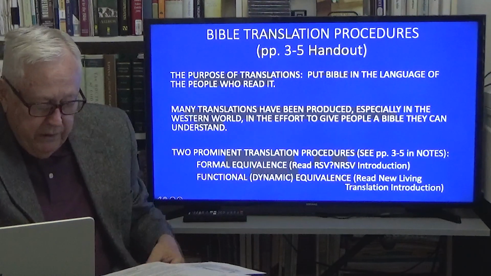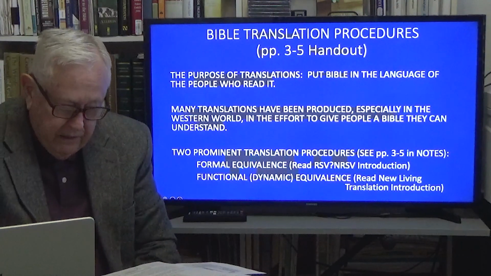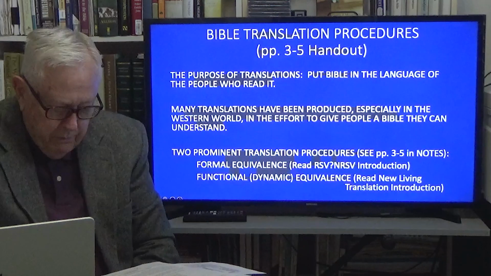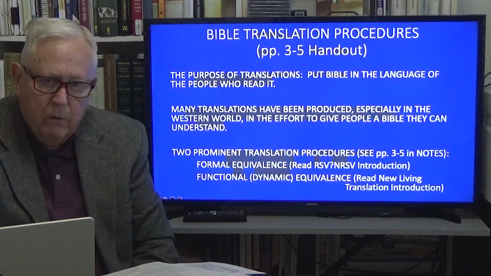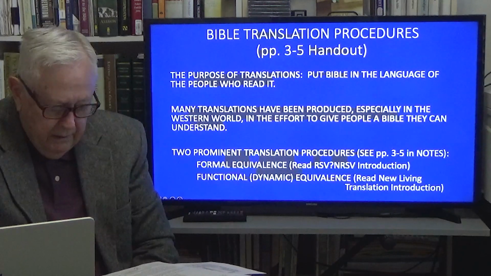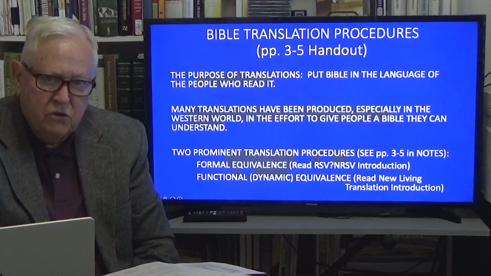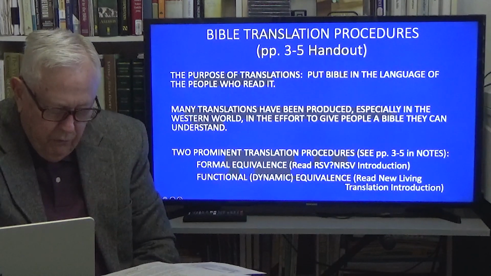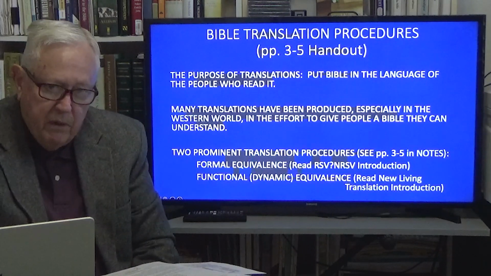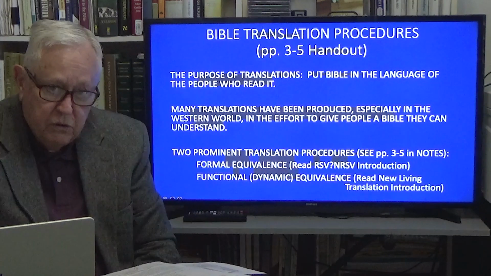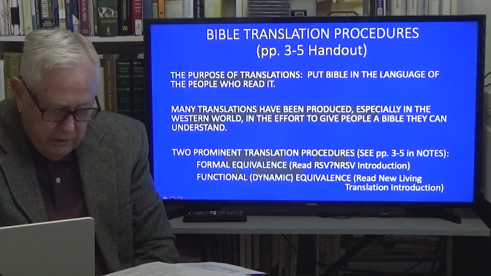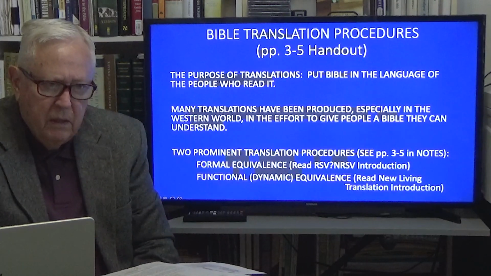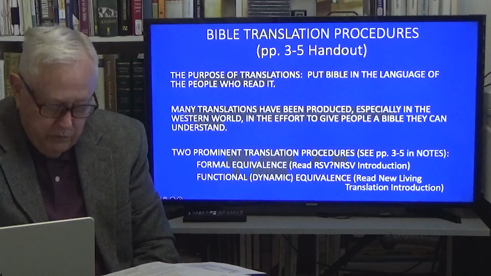Okay? I would avoid the expanded translation kinds of Bibles, like the Message. And we just got hundreds of these in the U.S. Just don't waste your money. If you're going to take time to read the Bible, read something worth reading. What you're getting is somebody's sermons, usually somebody who's not even skilled to read the Bible in the original languages. So avoid the expanded translations. There may be a few good ones. You have to consider the source. And I'm not going to go into that at the moment. I kind of like Phillips. I don't think Phillips was all that skilled, but he did give a paraphrase that was more controlled and restricted.